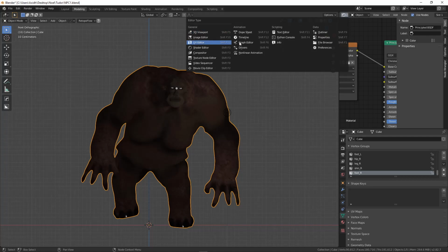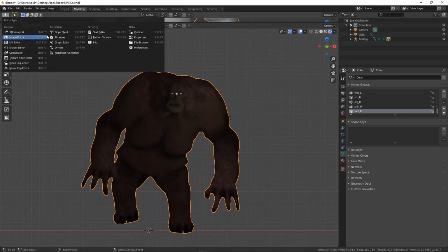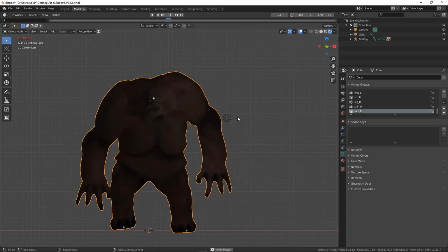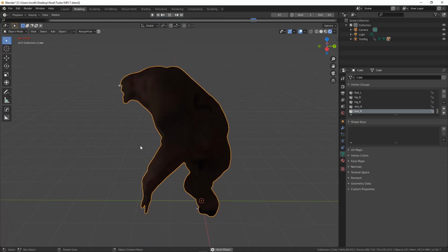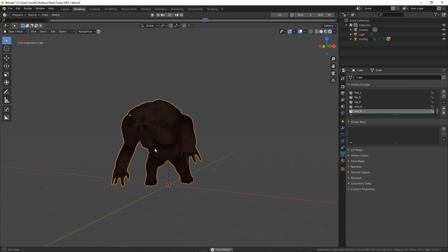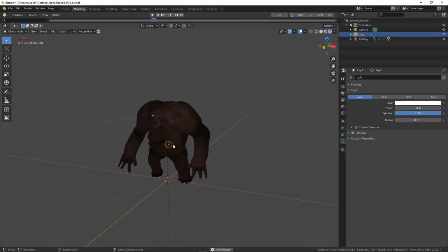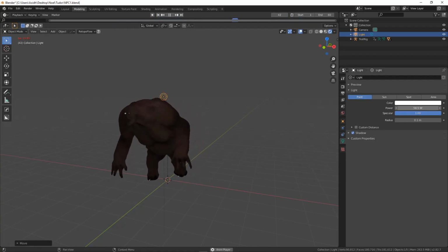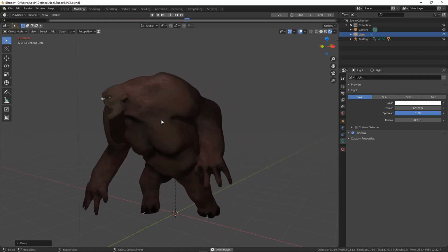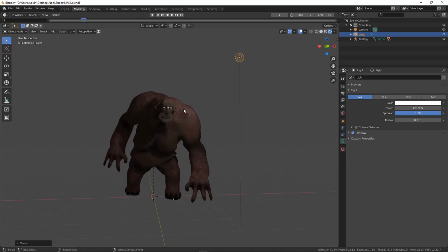We can, let's see, we'll go back to our outliner, and we'll get ourselves a timeline, and we'll press play. So this is him walking along, and we will see some texture stretching, and it's going to be far from perfect, but this is just to show you the techniques and the things you can do using just the internal tools in Blender to color in your character, and we can play around with lighting if we don't like what we can see. Anyway, that's what we've got, and he's far from perfect, but I'm going to stop texturing